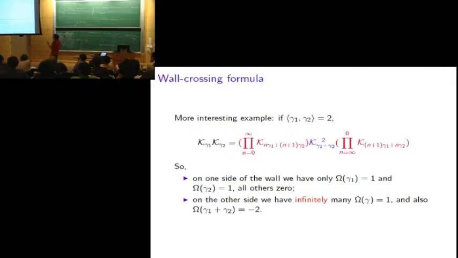So it corresponds to a wall where on one side, I just have two non-zero invariants, omega of gamma 1 and omega of gamma 2, corresponding to these two factors. And on the other side, I have some infinite pile of non-zero invariants. All of them are equal to 1, except for this one special one, which is actually equal to -2. OK, so for the physicists, this is the wall crossing of pure SU(2) Seiberg-Witten theory. But in our present geometric setting, we'll see it.